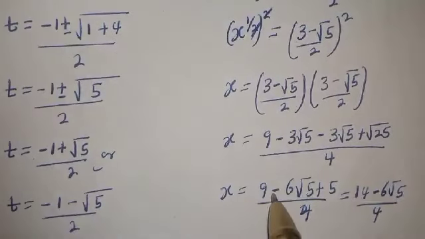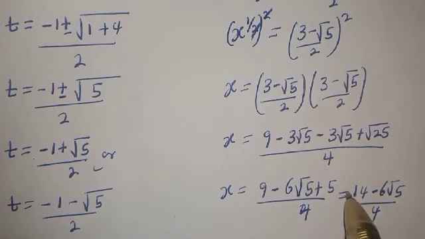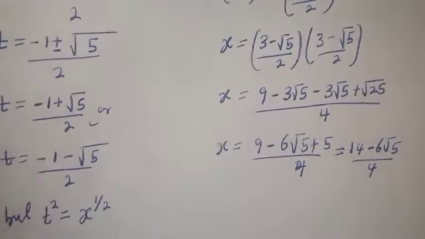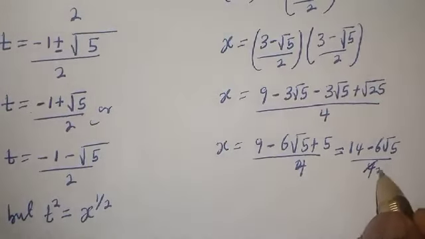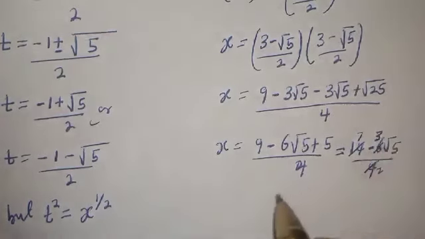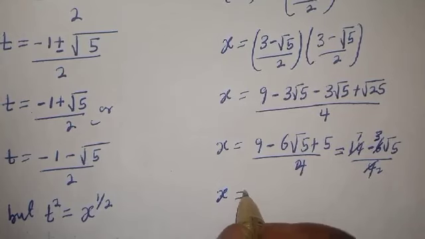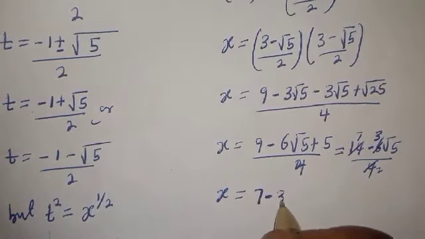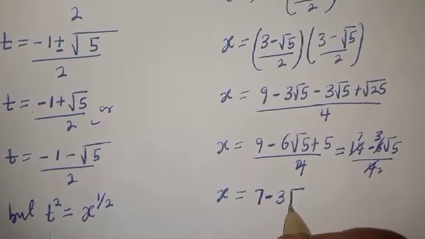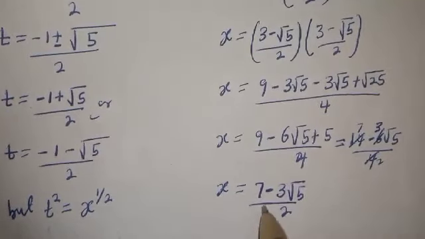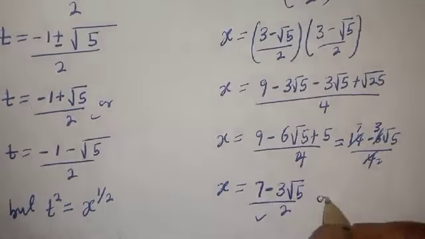So here x is equal to 9 minus 6 root 5 plus 5 over 4, which is equal to 14 minus 6 root 5 over 4. Then 2 here, 2 here, 7, 2 here, 3. x is equal to 7 minus 3 root 5 over 2. This is the final answer,